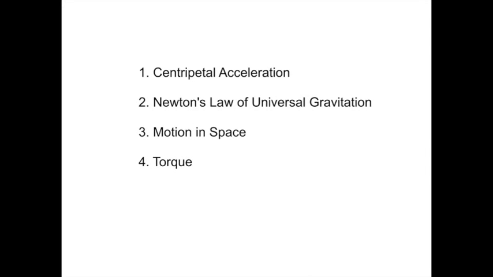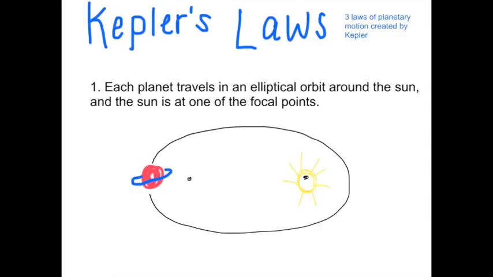We've previously gone over the first two sections of Chapter 7, which are centripetal acceleration and Newton's law of universal gravitation. Now we're moving on to look at motion in space. Some critical methods for describing motion in space come from Kepler's Laws. This is a series of 3 laws of planetary motion created by Kepler, who was an astronomer in the 16th